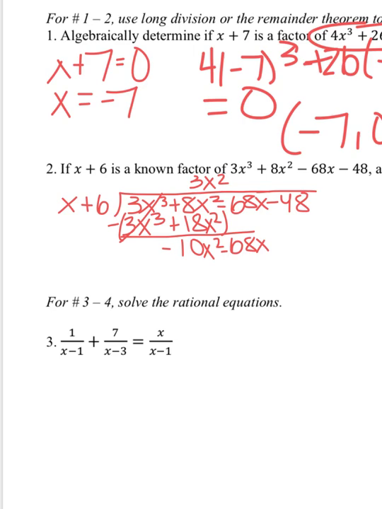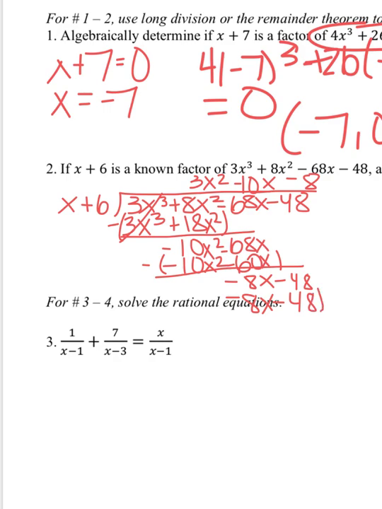So that's one round. Negative 10x squared divided by x is negative 10x. I multiply that out. I get negative 10x squared minus 60x. Put that in parentheses and I subtract. I get negative 8x minus 48. Again, negative 8x divided by x is negative 8. I multiply that out. I get negative 8x minus 48. Parentheses and subtract. I get a remainder of 0, which makes sense because x plus 6 is a known factor,